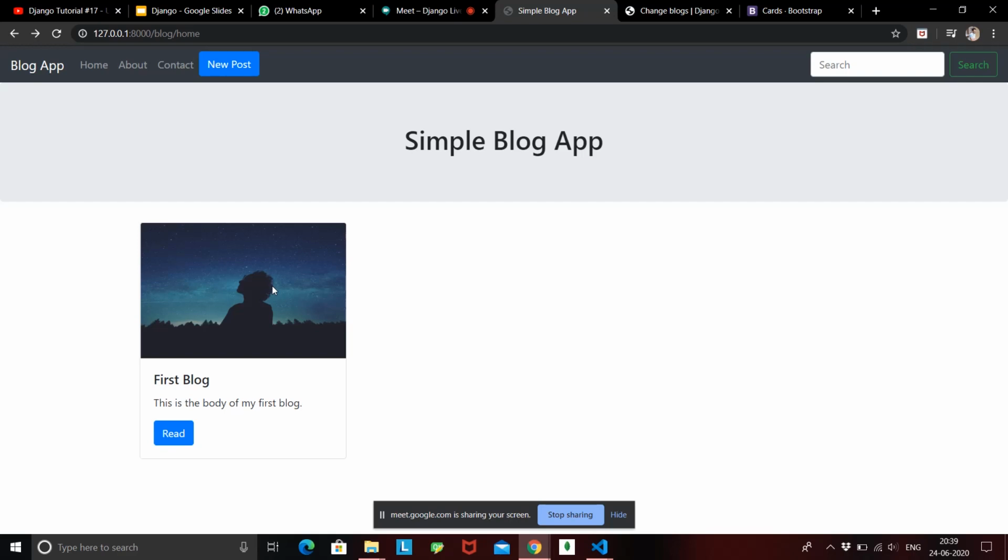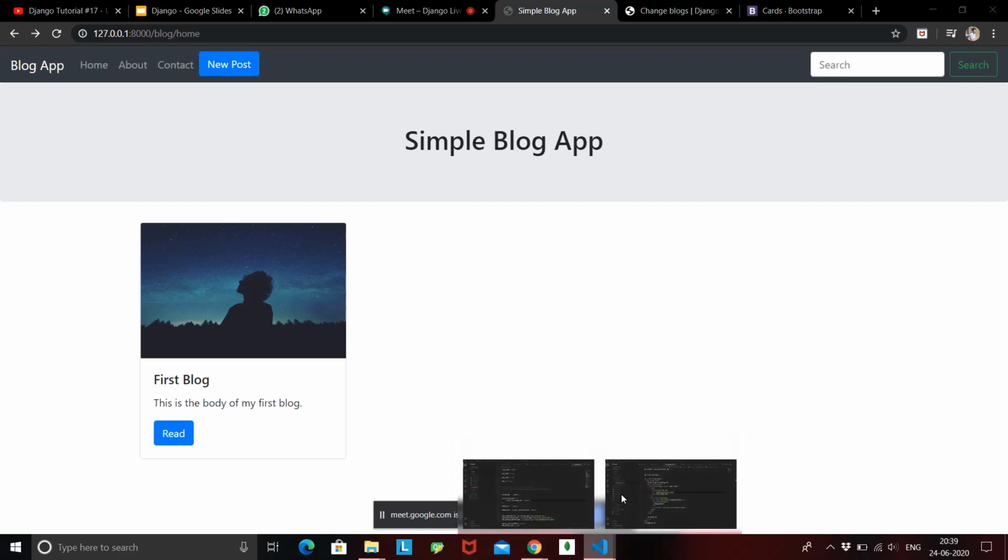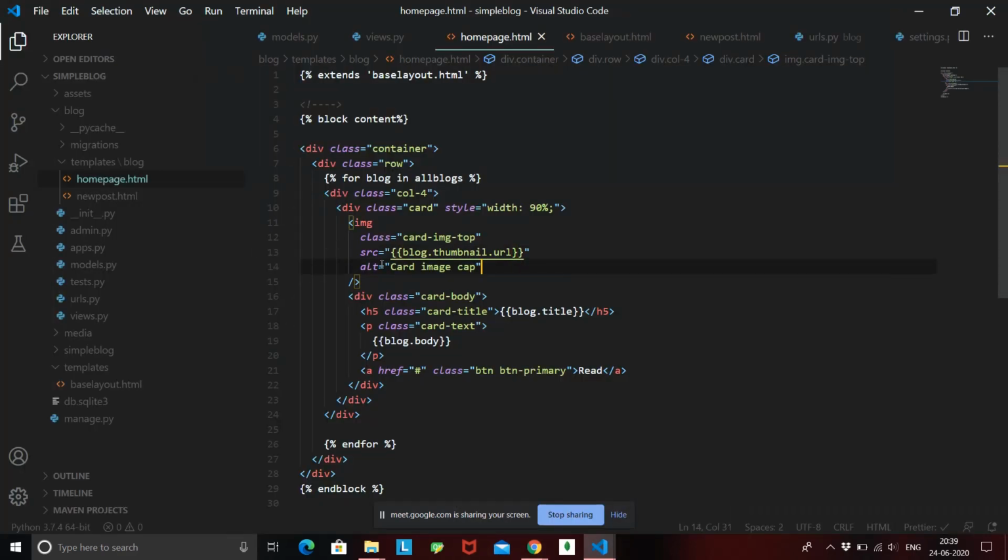So what we did inside our HTML page is that inside the source of the image, we said take the image that is stored inside this blog, and its name is thumbnail. Its thumbnail is going to have a URL, and that URL is basically /media, because we have set up the URL in our settings.py file.